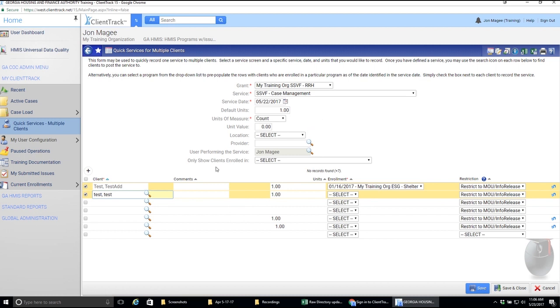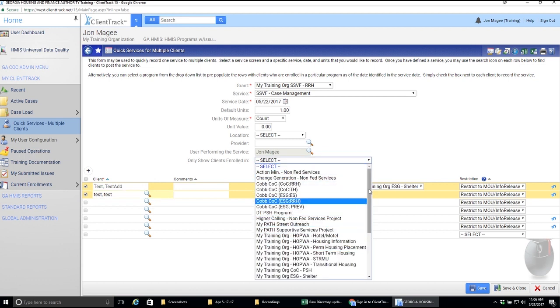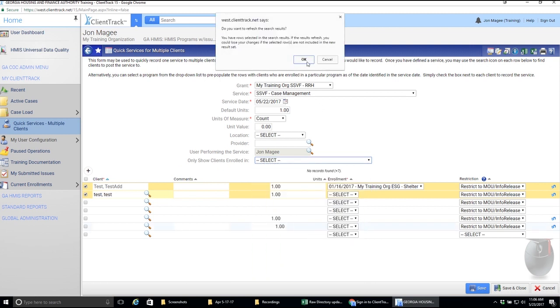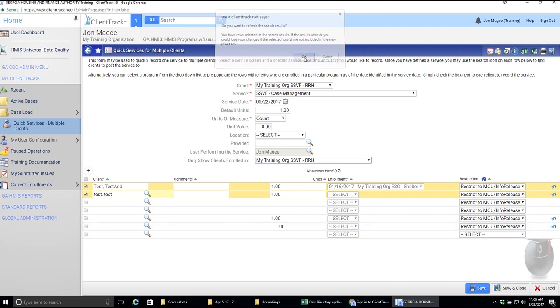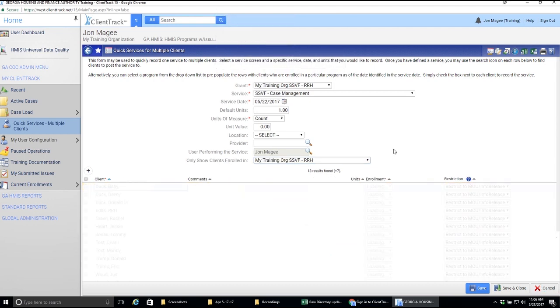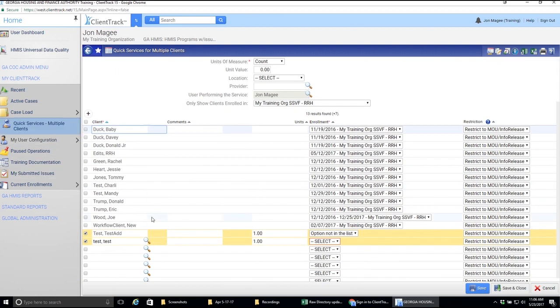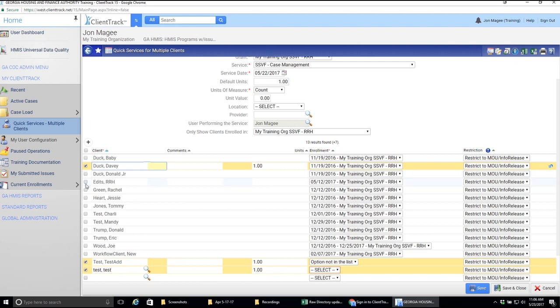Another option you have that could be useful is this option at the bottom here where it says only show clients enrolled in, and then you can select your project. So if we do this, depending on what web browser, you might get a pop-up, do you want to refresh the search results? I'm going to click OK. Then it's going to give me a list of all the clients that are currently enrolled in this project, and then give me the option of checking them, putting a check mark by their name to go ahead and assign